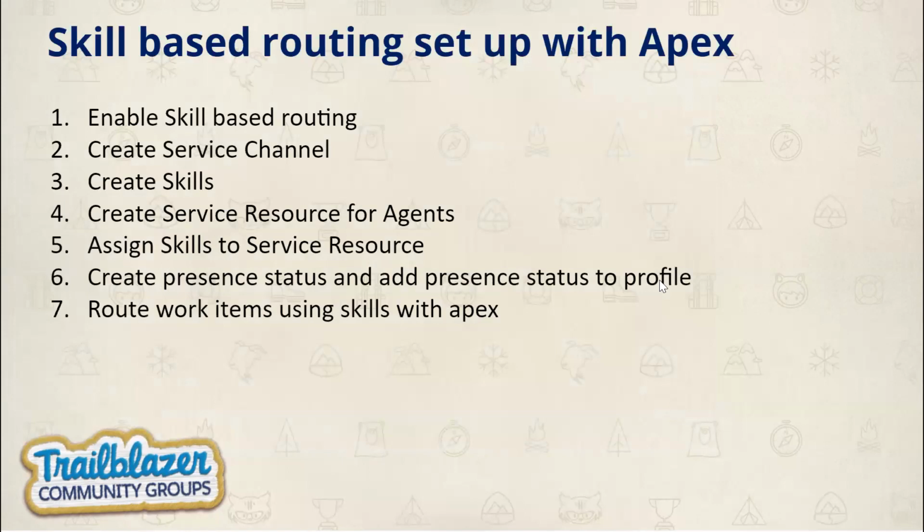These are the skill-based routing steps we're going to use with Apex. First of all, we're going to enable skill-based routing. Then we're going to create a service channel. A service channel is required whenever you use queue-based routing, skill-based routing, or external routing, because the service channel tells omnichannel which object I am going to use. So we are telling omnichannel that I'm going to use a case, or a lead, and we define that in the service channel. Those are the mandatory steps whenever you configure skill-based routing using Apex.